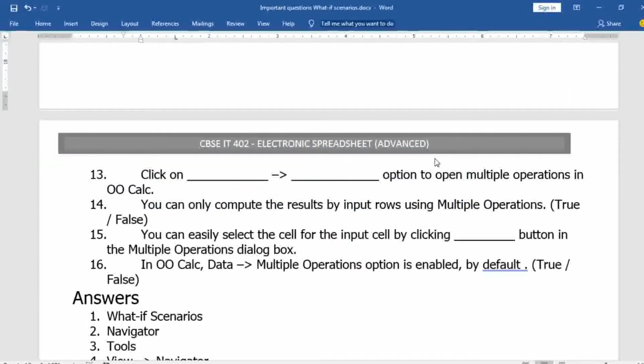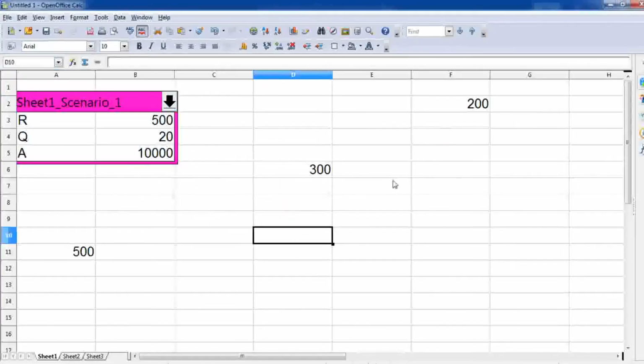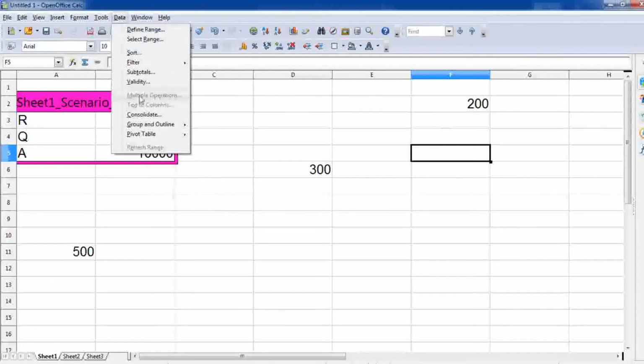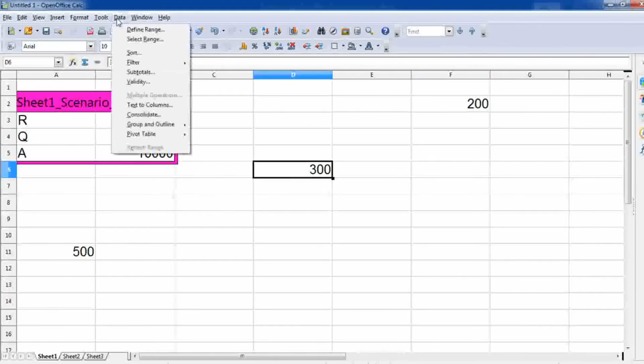Okay, next question. In OOCalc, the Data Multiple Operations option is enabled by default. True or false? Okay, so that is false. It is by default not enabled. See, when I am not selecting anything and I place my cursor over here, now Data Multiple Operations is not available. When you select a particular cell, even then that option won't come. When will this option come? When you select